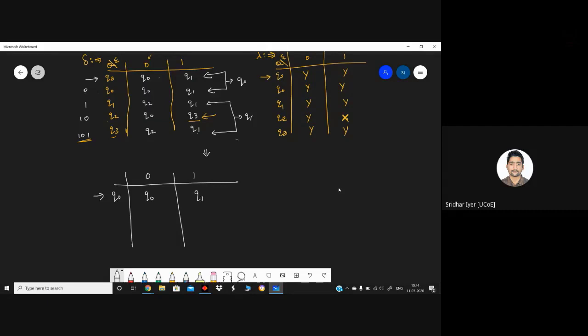The next merging was done between Q1 and Q3. So I can write it as Q1, because I have converted that into a Q1. Wherever Q3 is present, I will write Q1 over there. The transitions are the same: it is Q2 and Q1. And lastly, we are left with Q2. Q2 has a transition to Q0. And carefully check over here, it has a transition to Q3. But now Q3 is replaced with Q1. So I will replace it with Q1 over here. Clear? Next, similarly for the second table, similar things will happen.